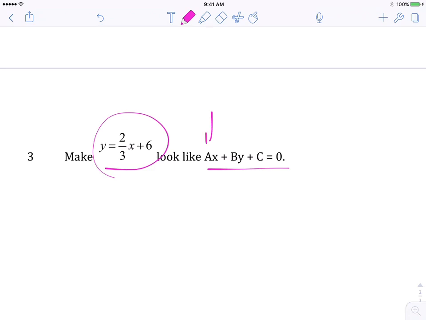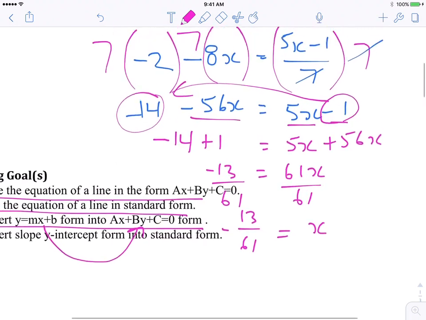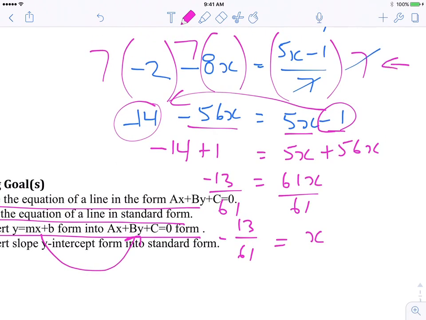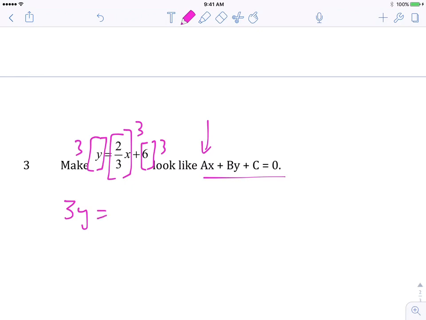If you look at the standard form, the a value is not a fraction and it's not negative. So we want to make sure we don't have any fractions. How do I get rid of the fraction? Well, we just did that above: when we had the fraction on the right-hand side, we multiplied everything by 7. So that's what we're going to do here. We multiply each term, this time by 3. Be careful, you have to multiply the y by 3 as well. We multiply 2/3 x by 3, and 6 by 3, so we have 3y equals